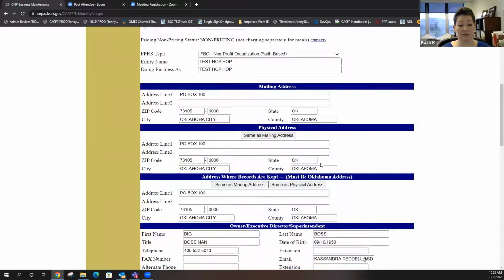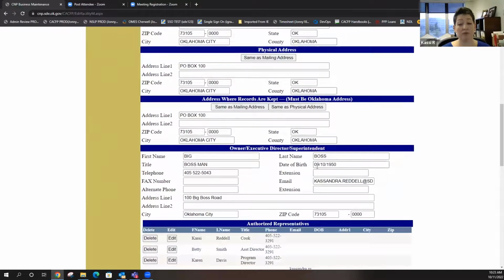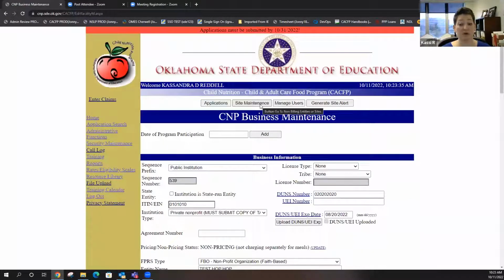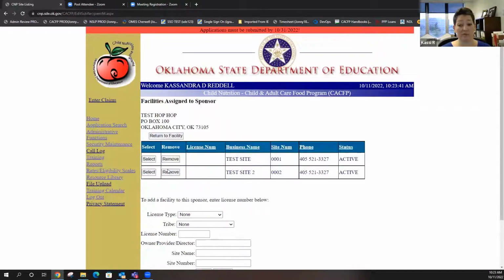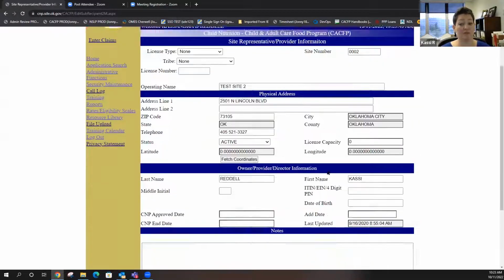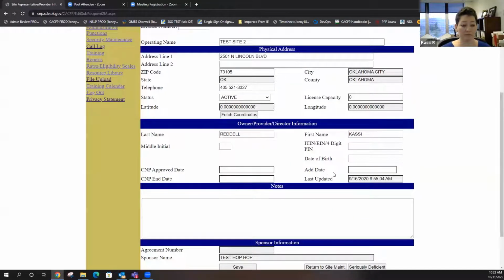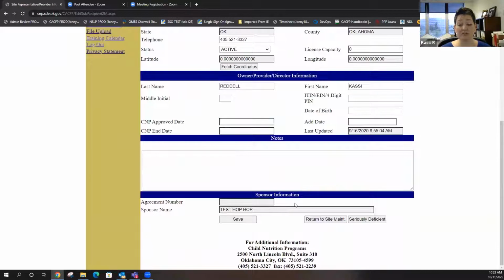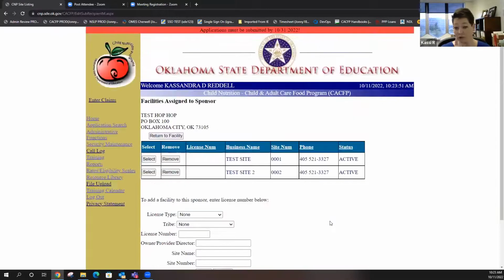And if truly you are the person responsible for all these sites, then if you want it to be, which in your case, or for schools, a lot of time the responsible person might be the food service director. Typically for a school, if we're going to show up on a review, you're going to be there and you're going to be the person we're talking with.